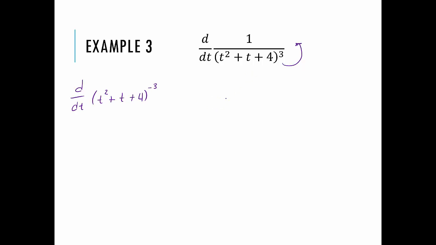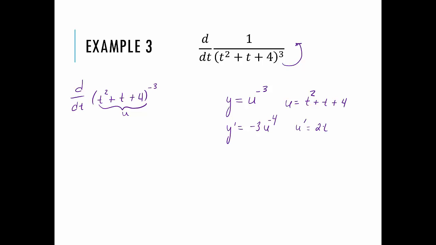Well, so then over here, I'm going to have y equals u to the negative 3, and then u equals the inside, t squared plus t plus 4. So again, this is my inside. That's what I'm calling u. And now I can take derivatives. I bring the negative 3 down. I'm subtracting 1. So negative 3 minus 1 would be to the negative 4,